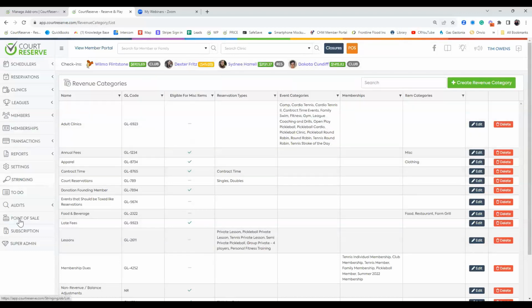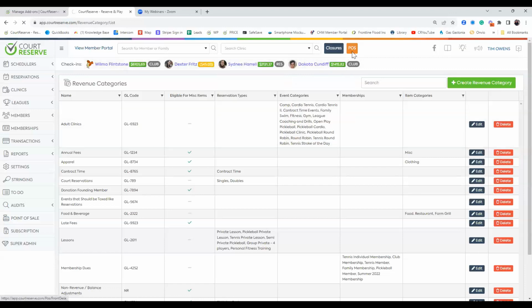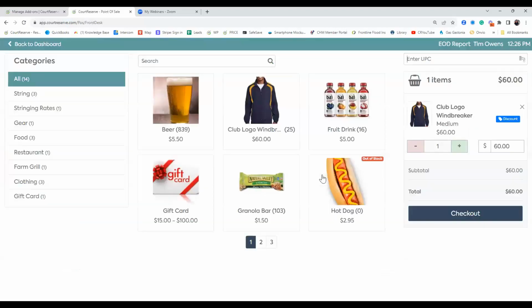You can see here on the left-hand side, there's a point of sale button. This is actually the one that you need to use when you're setting point of sale up or when you're editing things. If you actually want to launch point of sale from your front desk, so if you're working a front desk and people are checking in, and here's your attendance tracker at the top here, you can actually launch your point of sale with this button up here in the top right-hand corner,